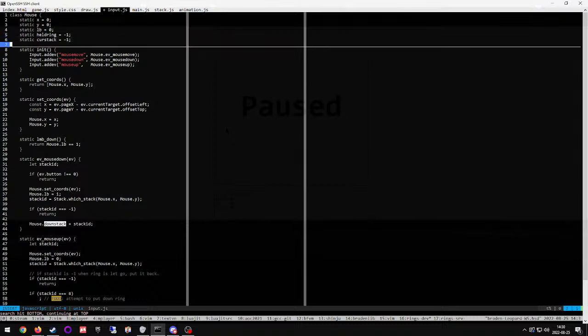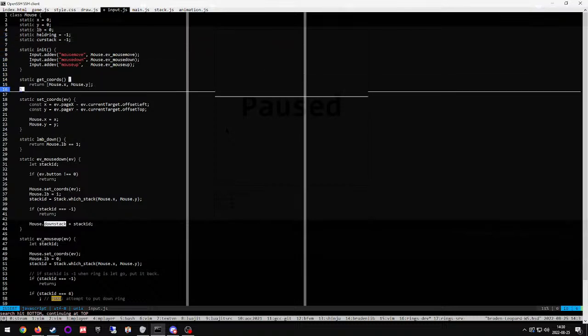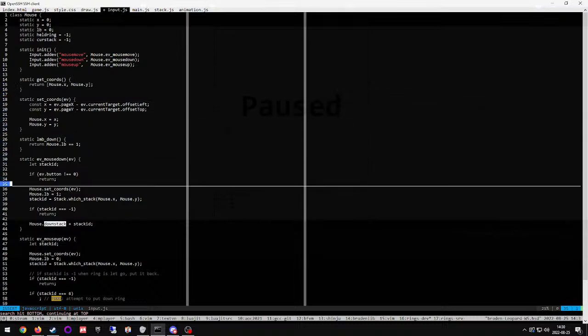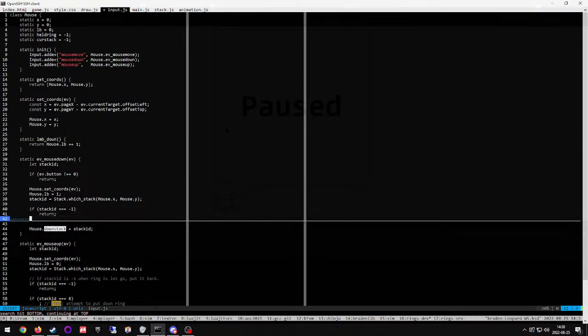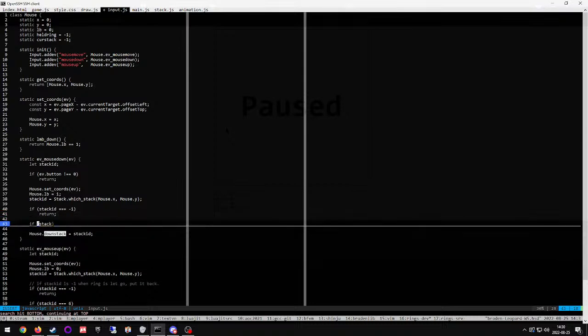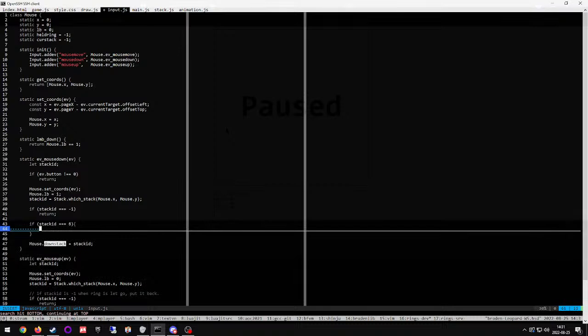So it's not a valid ring type. Now when you mouse down, there we go, if stack ID is -1. If stack ID is 6, so we'll start with this. If stack ID is 6, then I